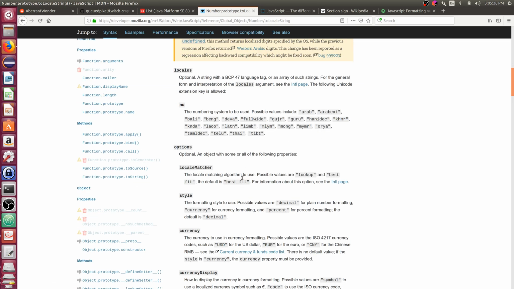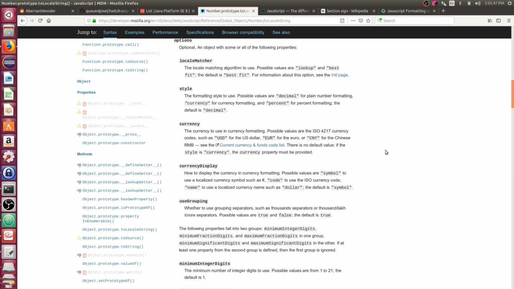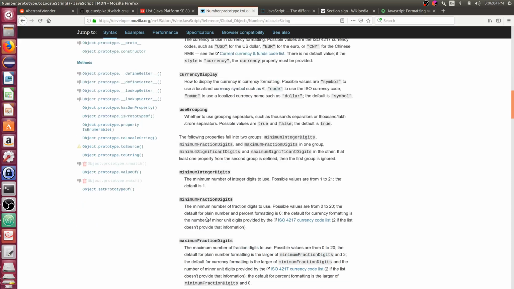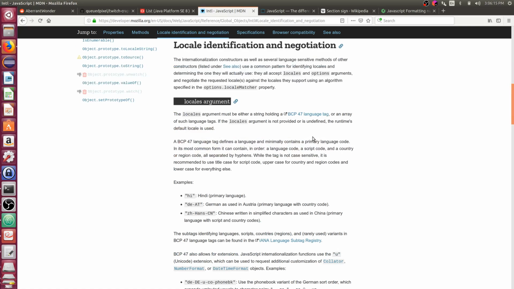Locale matcher, style. Currency might be nice. We have useGrouping, maximumIntegerDigits, maximumFractionDigits. Let's give this a try. First I need to look up the Intl page to see what sort of locale I want to use.